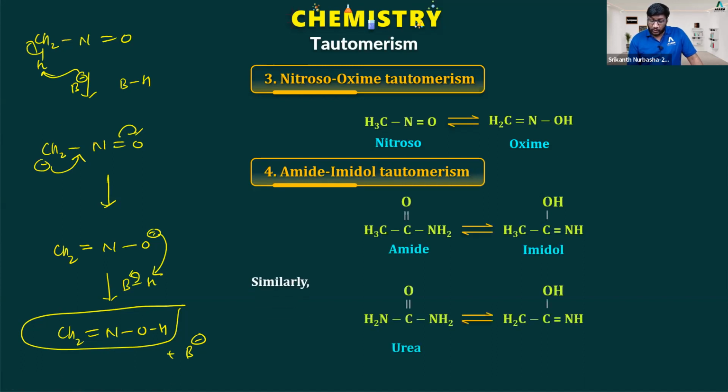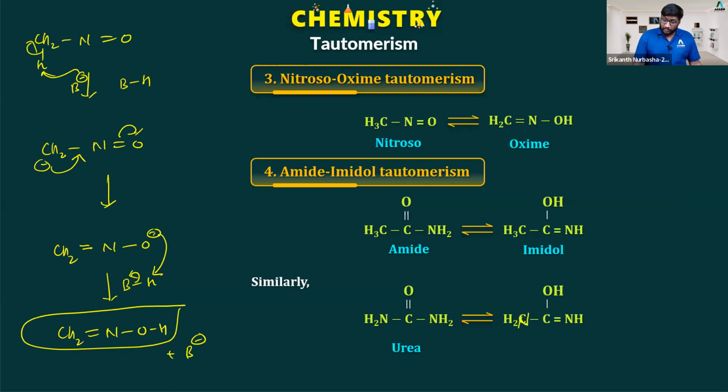CH3 C double bond NH2, CH3 C(OH) double bond NH. This is the amide bond. C double bond NH2 is the amide group. C double bond NH with OH, that is the imidol group. Similarly, urea, NH2 C double bond O NH2, and